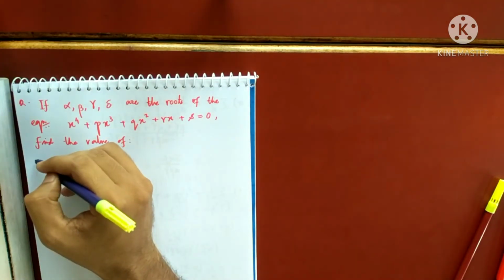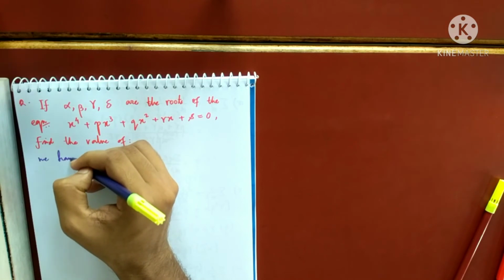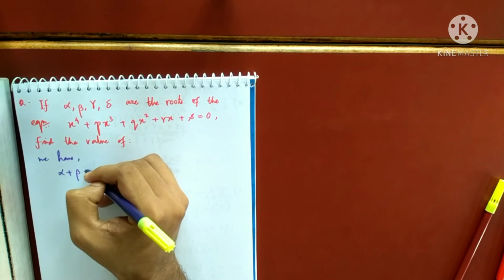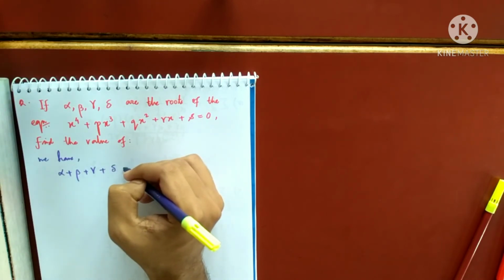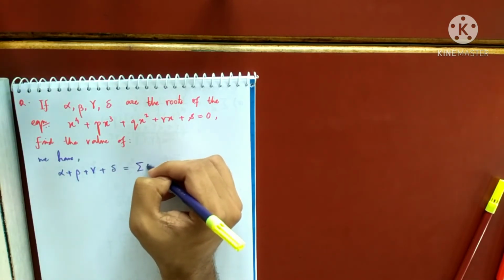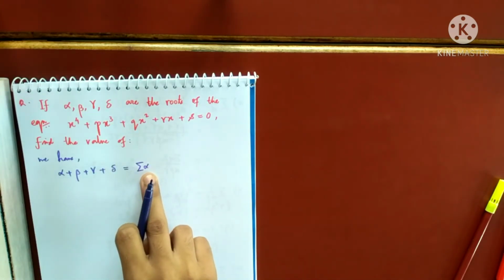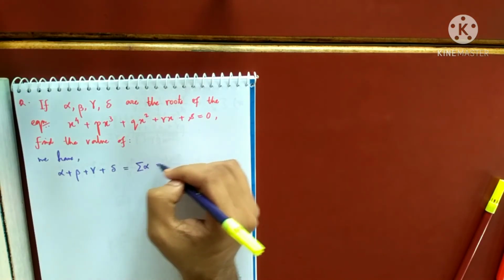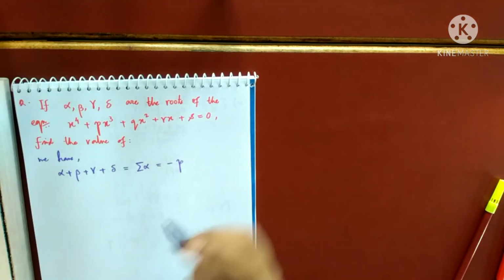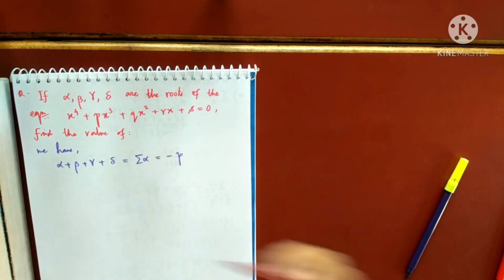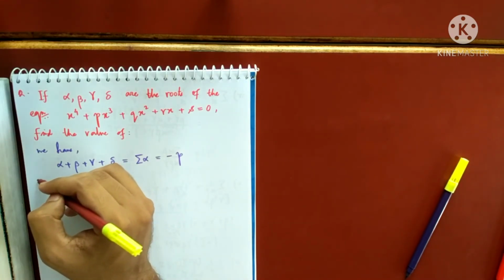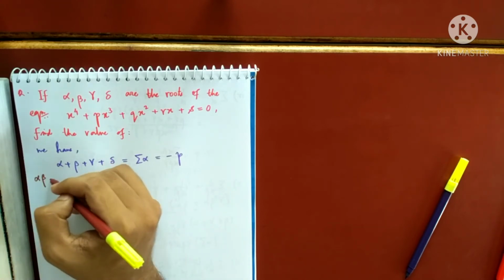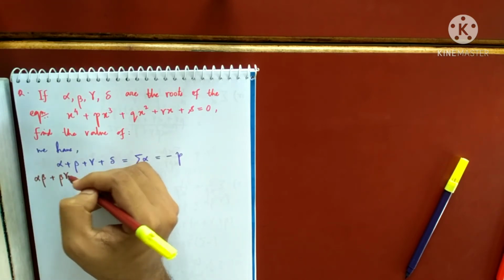So before that, we have summation alpha, that is nothing but alpha plus beta plus gamma plus delta, which can again be represented by summation alpha, because here the roots are 4, but you should understand this here means this thing. What is that? It is minus p, right? Next I have the possible pairs of 2, which will be 4C2, that will be 6 terms. So alpha beta, beta gamma.